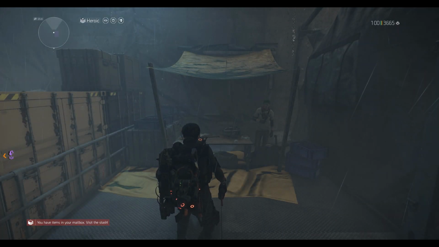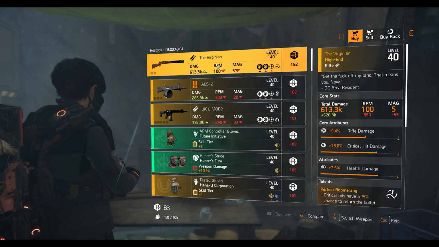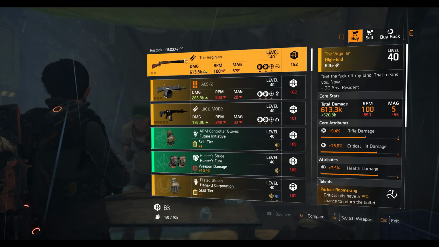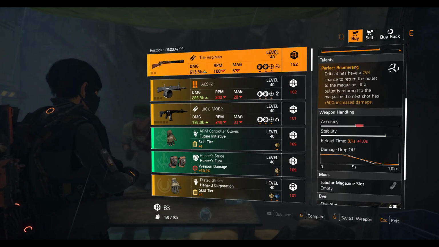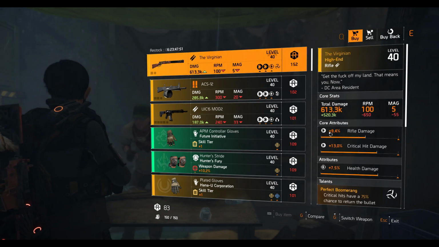Alrighty, guys, we're here at Dark Zone West vendor, so let's take a look. We got the Virginian rifle here again. It's like the 9-10 times. Okay, fine. This guy likes the Virginian rifle. Isn't that previous week as well? I don't know. So we got the perfect boomerang talent, health damage here 7.5, 13% crit damage, and 9.4% rifle